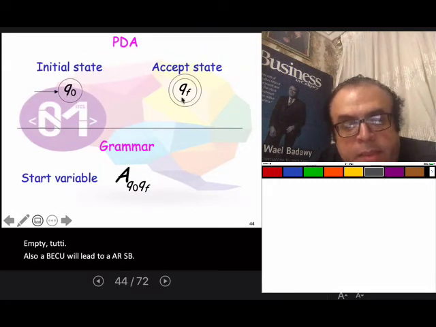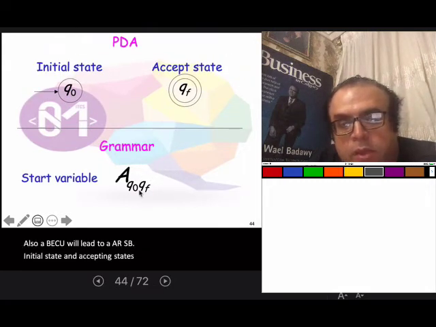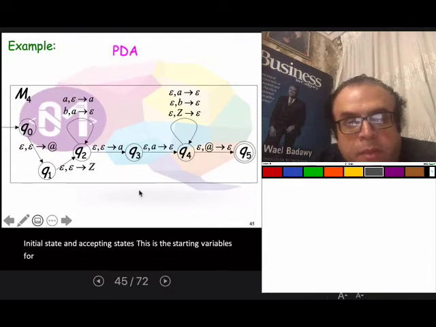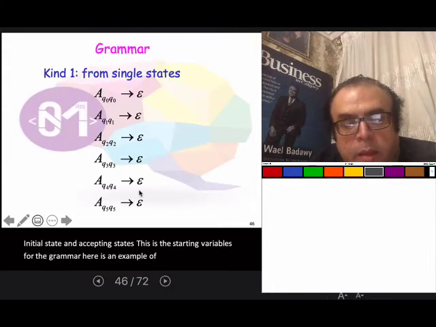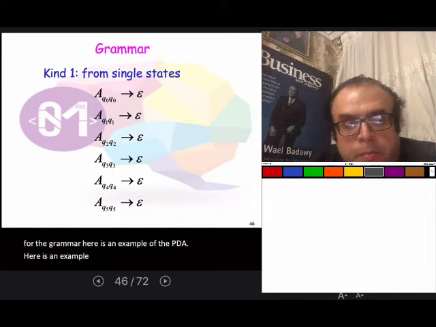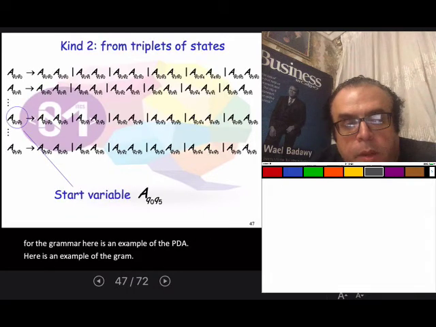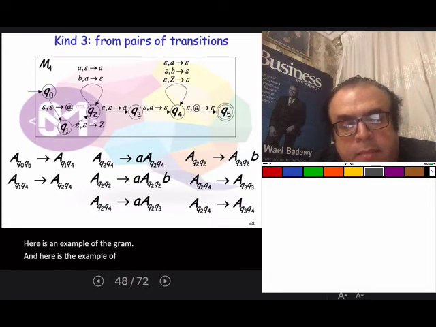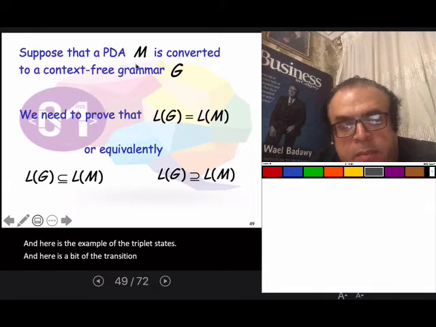Initial state and accepting states, this is the starting variables for the grammar. Here is an example of the PDA. Here is an example of the grammar. And here is the example of the triplet states, and here is the pair of the transitions. So in this case, I suppose that the PDA is converted to grammar G, so I can prove that the language